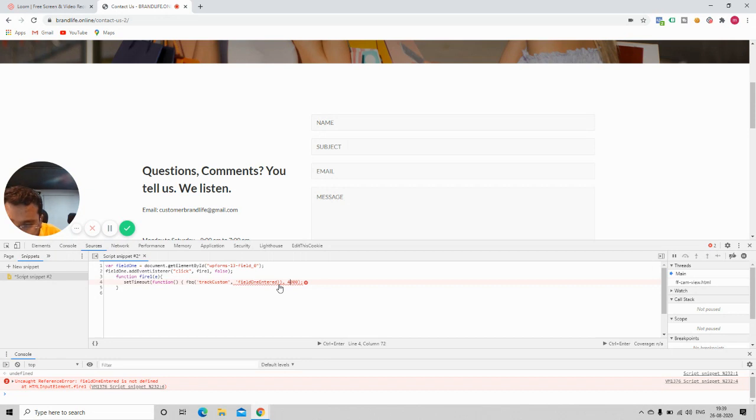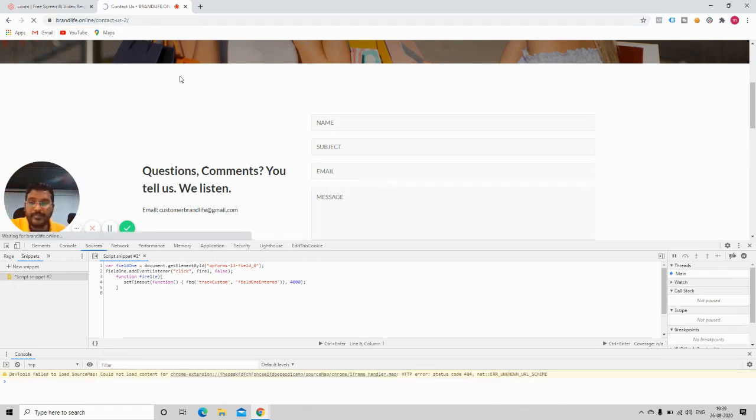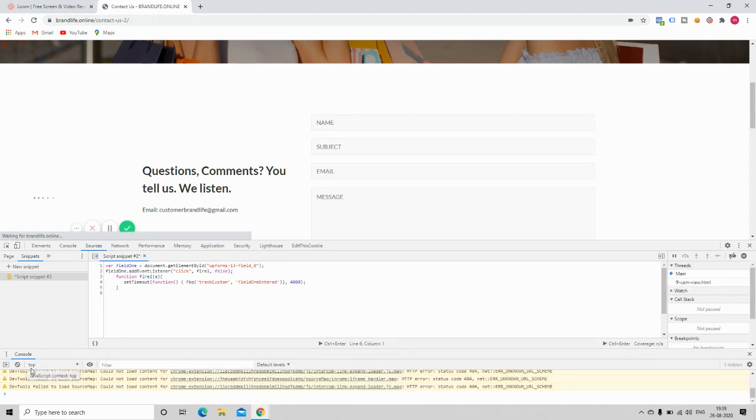I have to put this in the function, close the function, and put the timeout. Done. You see, I'm using custom event handlers, and this information is going to be sent to Facebook.